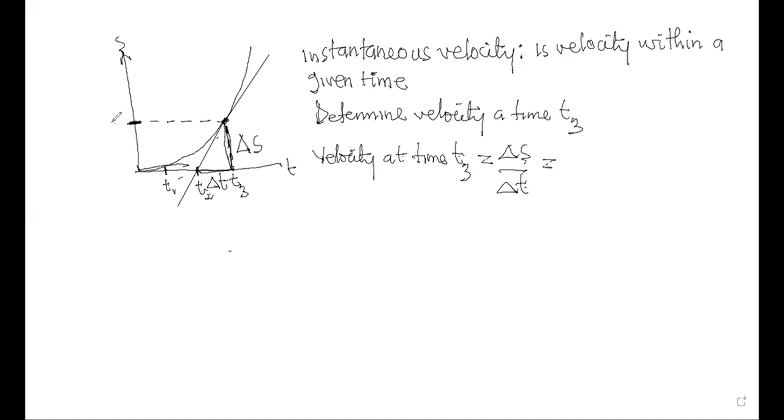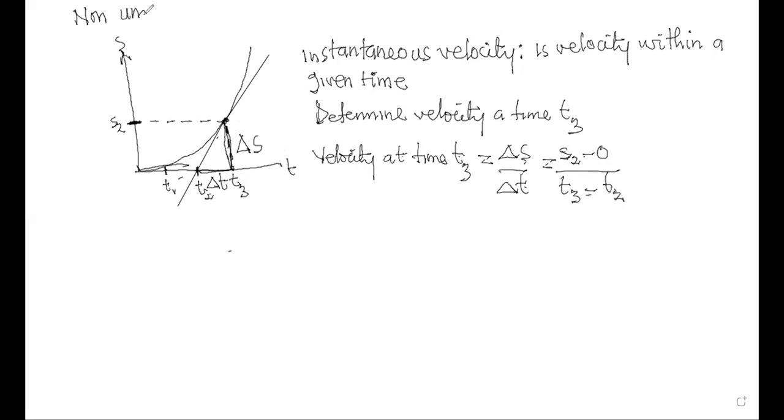Let's take this to be maybe S2. So S2 minus 0 divided by T3 minus T2. Okay, so this is how to calculate for instantaneous velocity on a